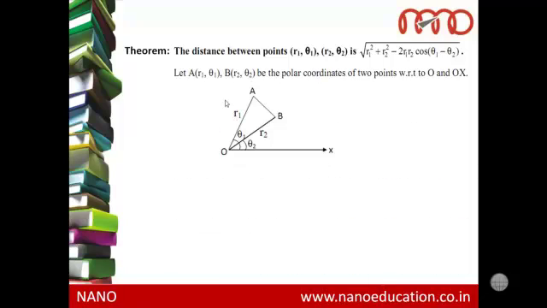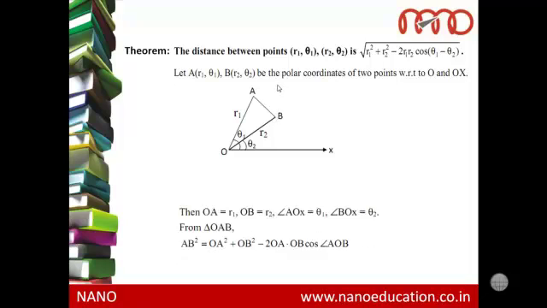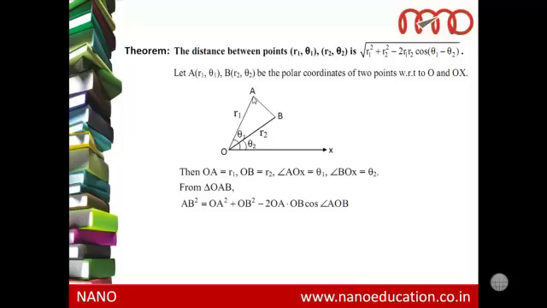Let us see. Let A (r1, theta 1) and B (r2, theta 2) be polar coordinates of 2 points. Then OA is r1, OB is r2, angle AOX is theta 1, angle BOX is theta 2. From triangle OAB, applying the cosine rule, AB square is equal to OA square plus OB square minus 2 OA OB cos angle AOB,